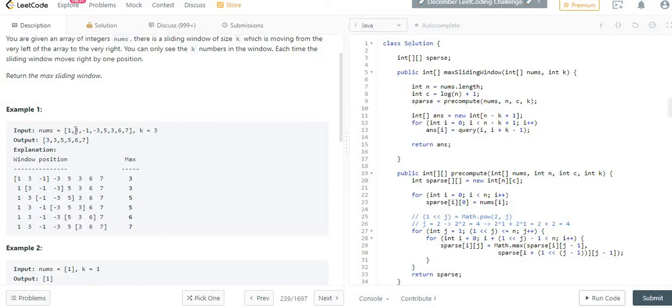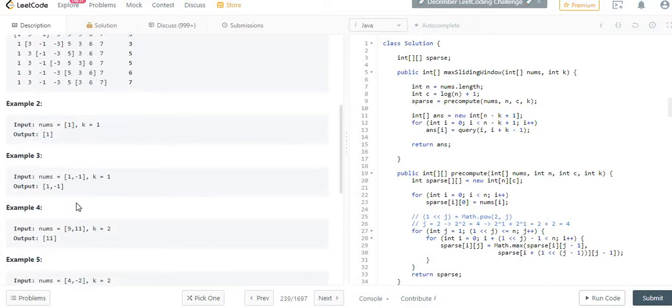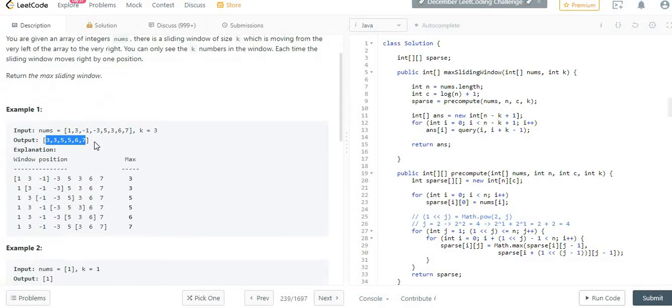Next, the window will be slid to the right by one position, and we will get this array 3, -1, -3. Again the max is 3, so we print the 3 value. Then again slide it by 1, so this will be the array -1, -3, 5, so 5 is the maximum. This way we will keep moving to the right as long as we get the perfect size of 3, and every time we will find the maximum value from that window. You can go through the rest of the examples and you will see the same idea is used.